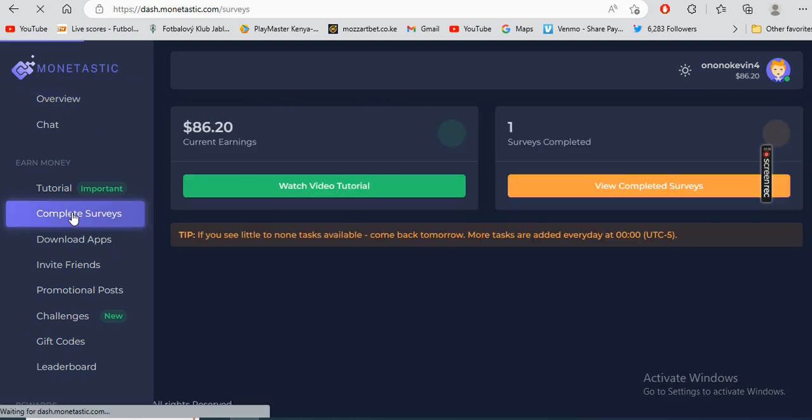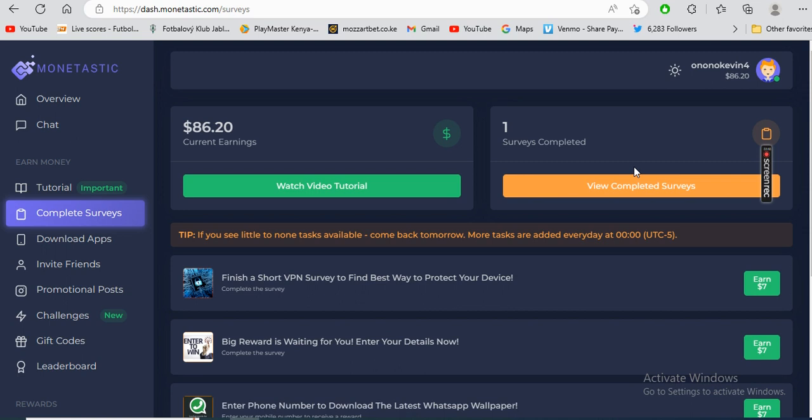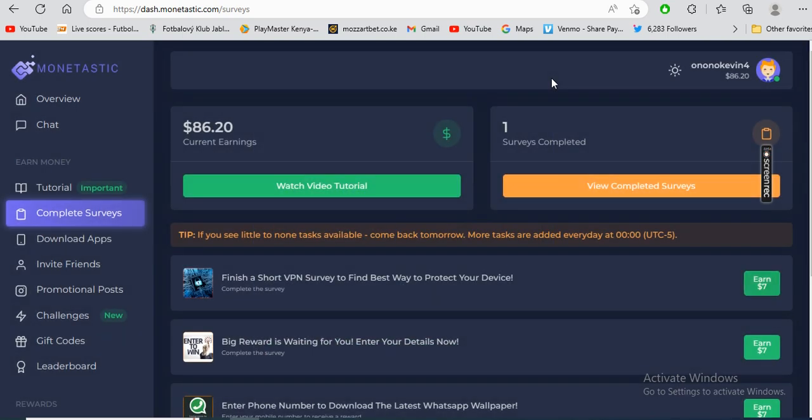Now, the complete service tab: when you click on the service tab, you can find all types of service and the amount that you're going to earn when you complete one service. Once complete, $7 will be added to your main account. Now, these are just services. There's a tutorial on how to take part in the service and how you're going to earn.